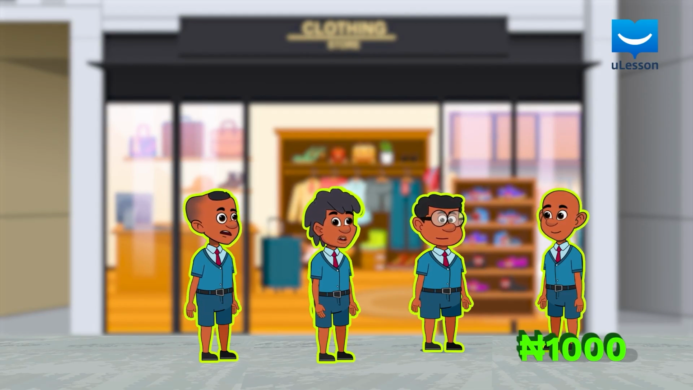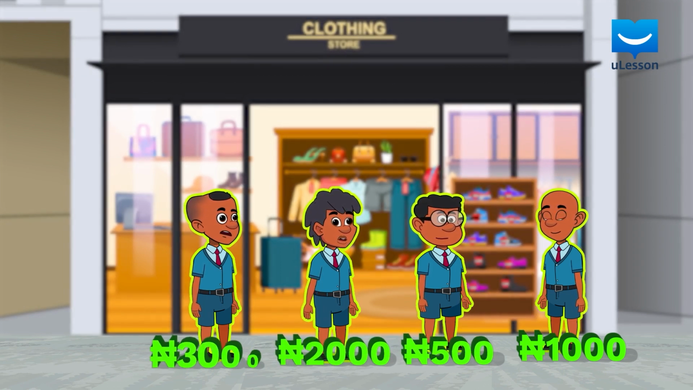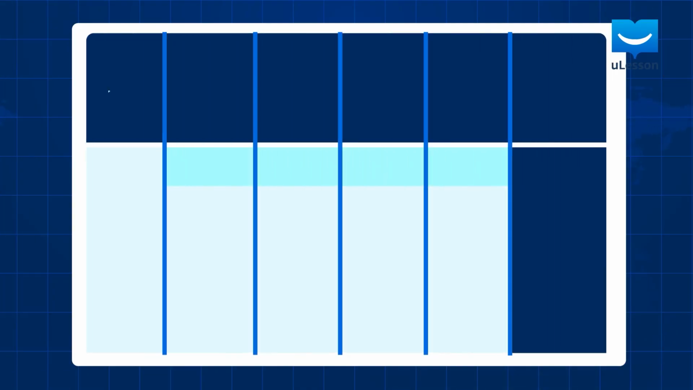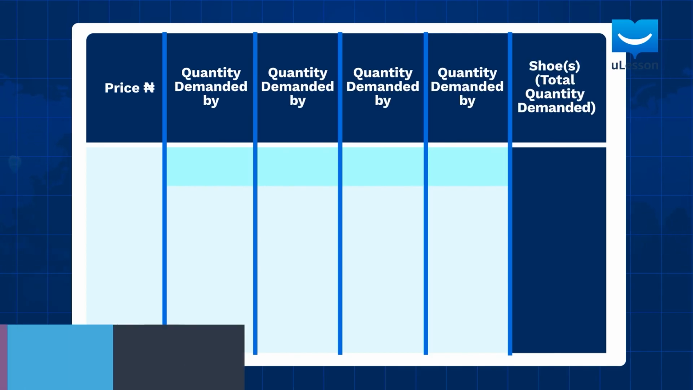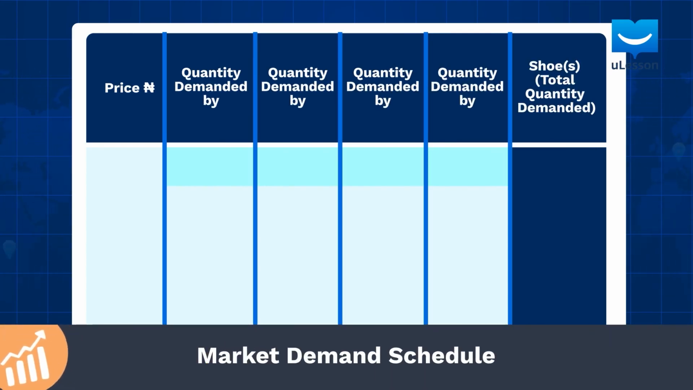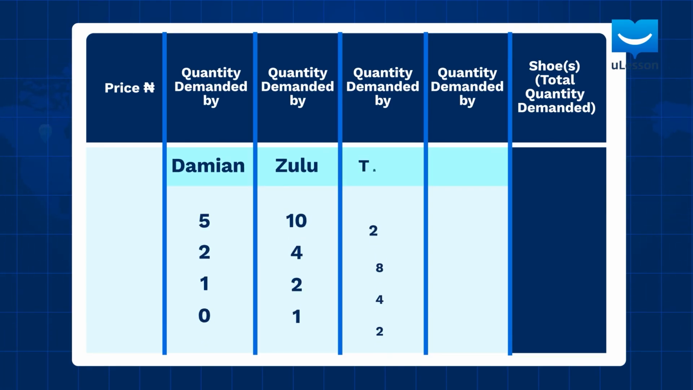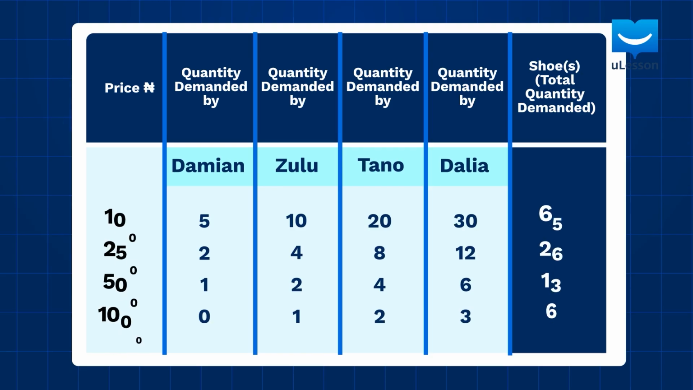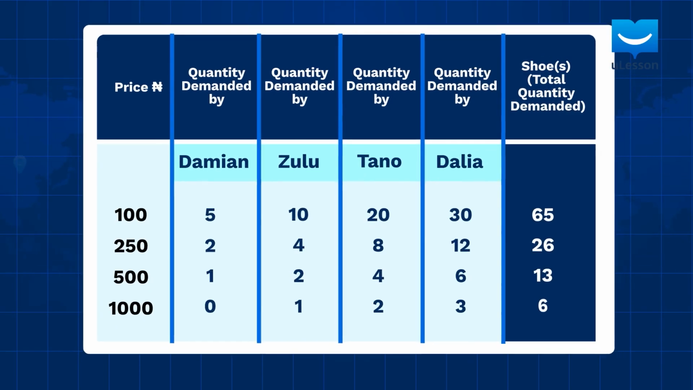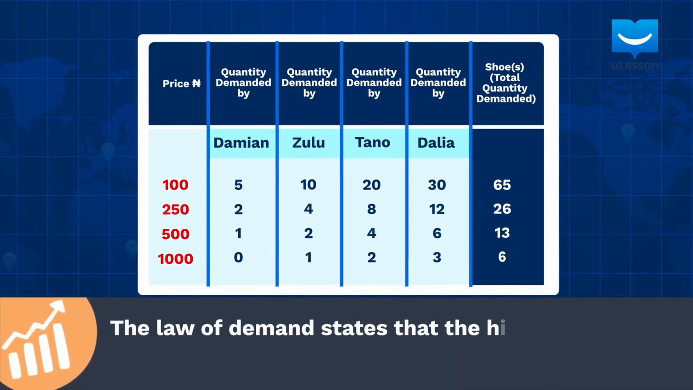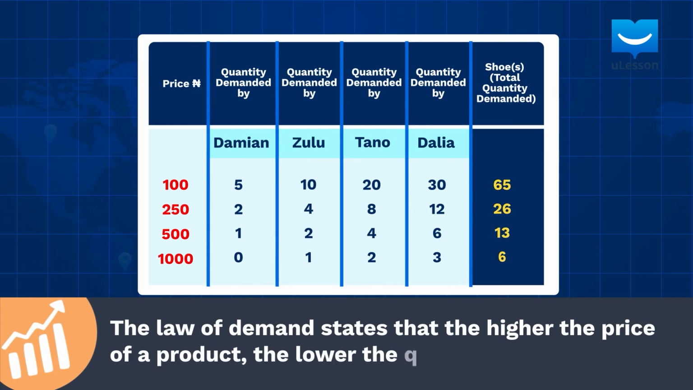If Damien has 500 naira, Tano has 2,000 naira, and Dalia has 3,000 naira, what will everyone's demand schedule be? The table you can see is called a market demand schedule, and it represents the total number of shoes demanded by Zulu, Damien, Tano, and Dalia. These tables help to give us a better description of how individuals and markets demand products. They align with the law of demand, which states that the higher the price of a product, the lower the